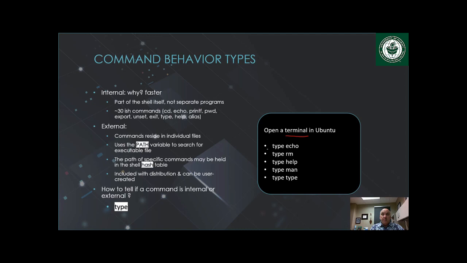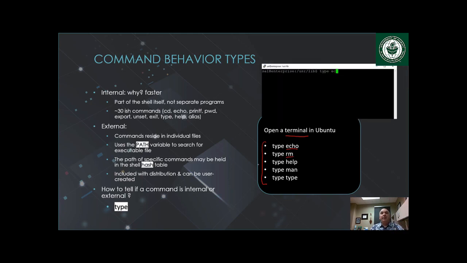So, for instance, these are things you should type into your command prompt, and I'll show you that here in a second. You can see it on the screen. But type actually provides some nice output for whether this is an internal command that comes preloaded with your terminal, or does it have to reach outside the terminal into some other directory in the Linux file structure to run that command? If you type echo, which is an internal command, you're not going to see any output. It's just going to return nothing, and you'll get back to the cursor. However, if you type rm, you'll see the location of the binary, the executable file, somewhere else in the